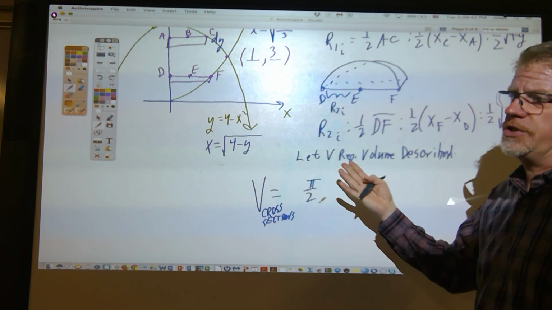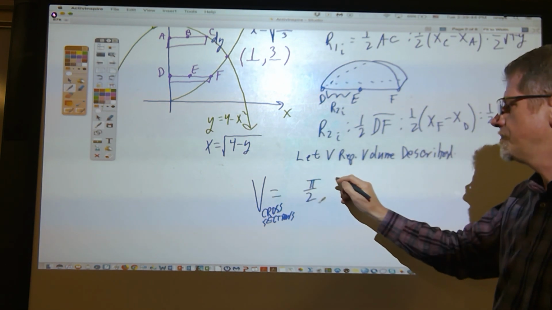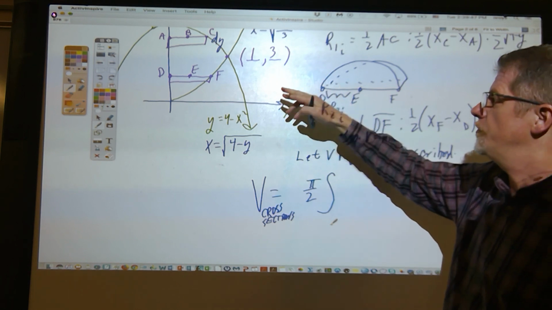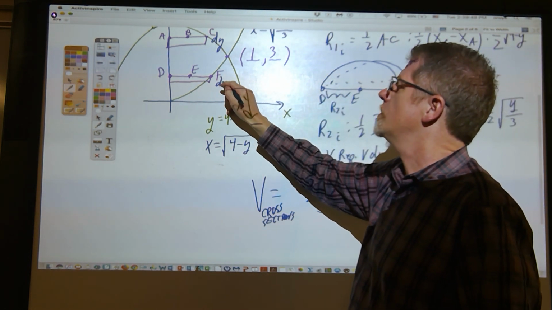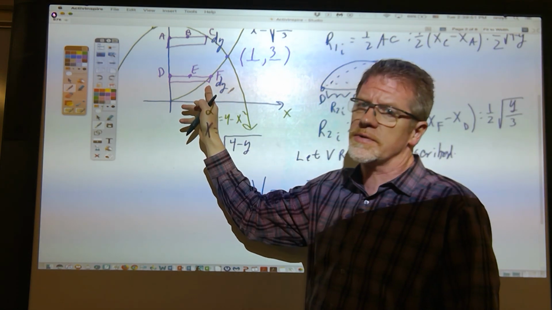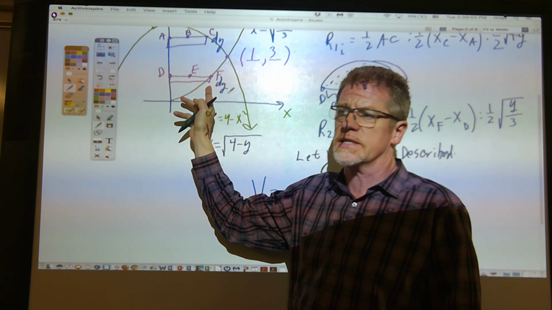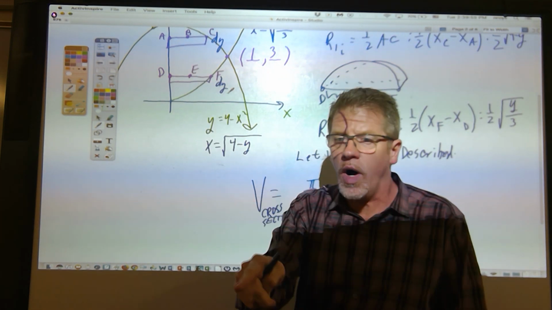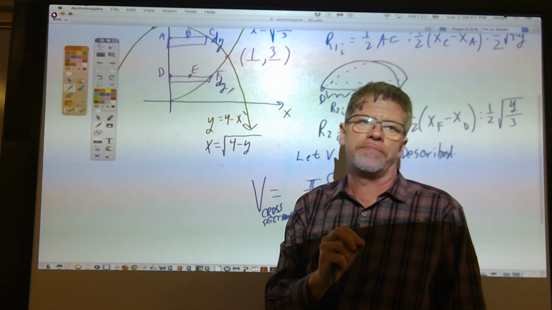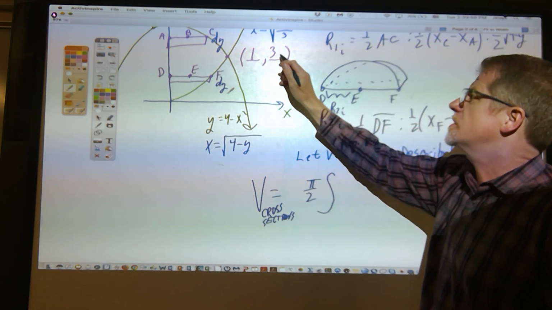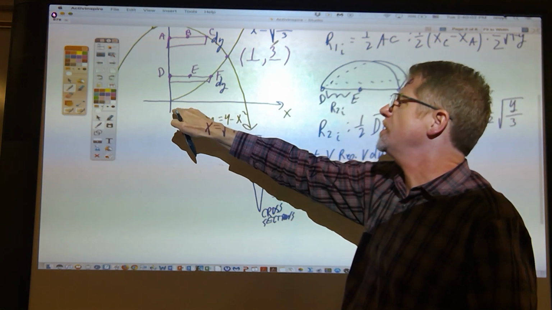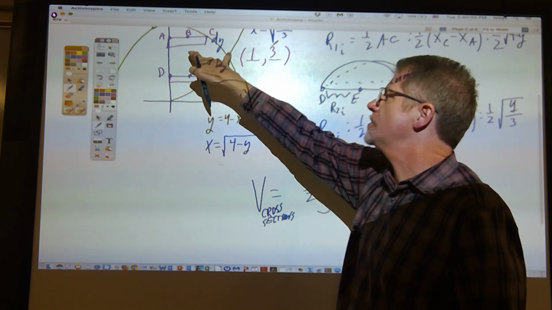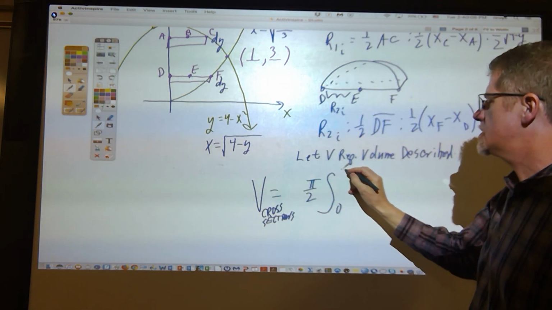Both integrals have a pi over 2, because it's pi over 2 r squared. One of them is going to go from, I hope you put dy. Every representative rectangle should be labeled with either dx or dy. Labeling it with dy indicates that we have to focus on the y coordinates. We have a journey from 0 to 3, so one of them is going to go 0 to 3 of